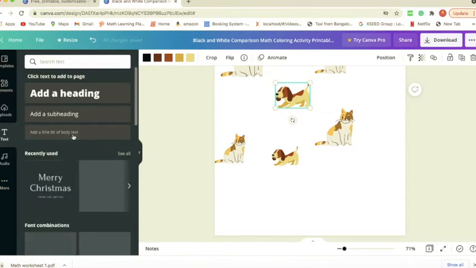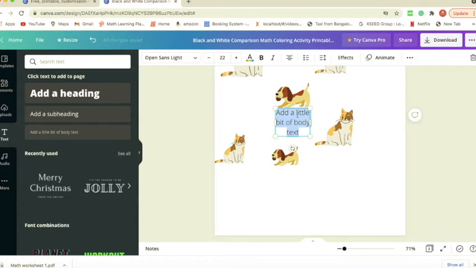Now to add text, on the left hand side you will see a text tab, and there are different sizes of text available that you can add. Small, medium and large. I chose the smaller one. You can choose as per your requirement, and type either the detail or the question you want to ask the students.